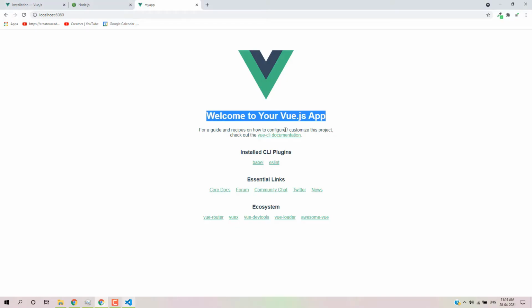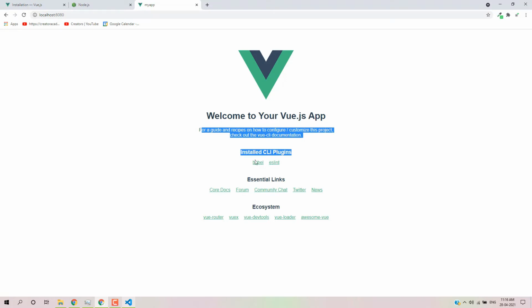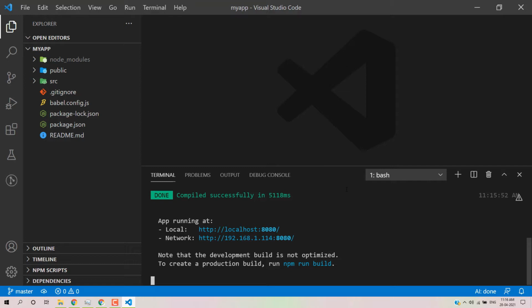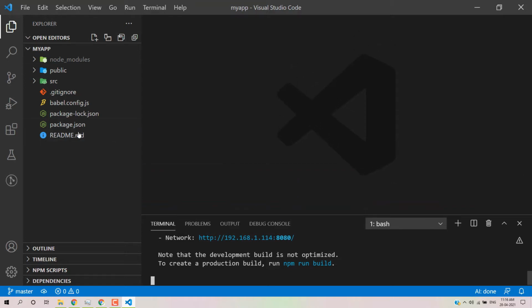Okay, now I'll explain the directory. This is the project directory. First we have a readme.md file. For example, if you are working on GitHub, you need a readme.md file. With the help of this file, you can define the details about your project and how to set it up.